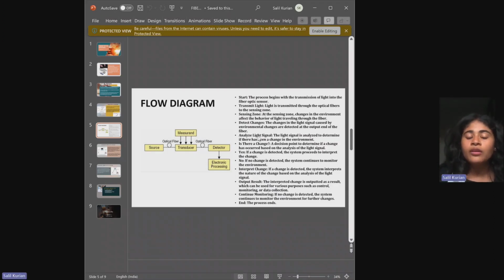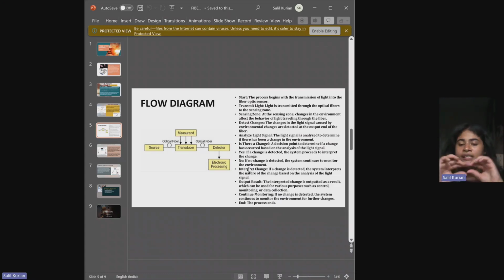Next we will analyze the light signal. So we have analyzed and determined if there's any change in the environment. And I've given you two conditions, that is yes or no. When I speak about the yes condition, that is if a change is detected, then the system will proceed with modulation, then it will come back, then again it will be sent as output. That is a process. And if there is no change detected,